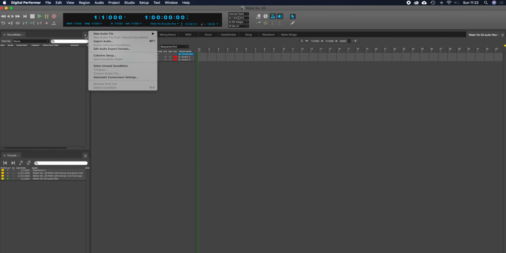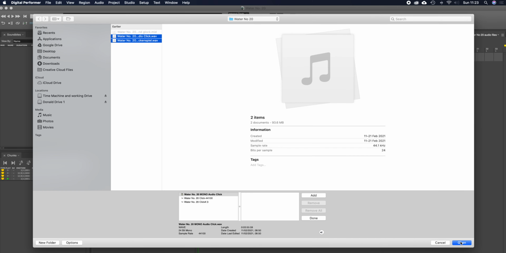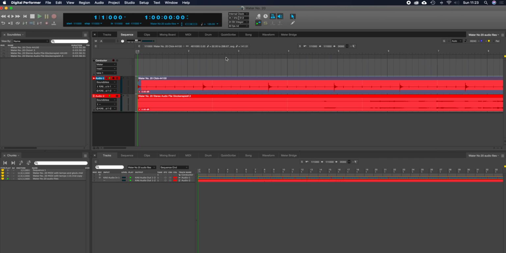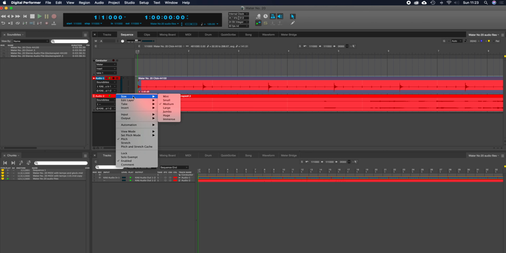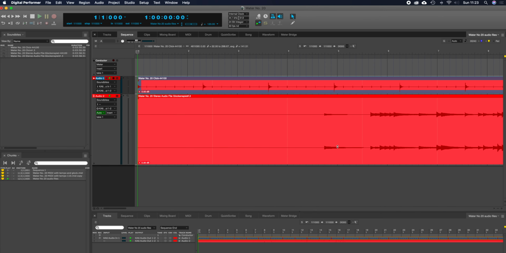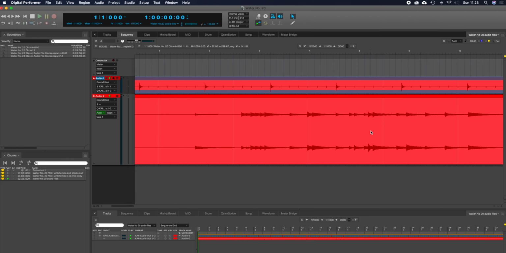Now, first of all, you have to import the audio. So again, might be slightly different. They come up here, they're called sound bites in Digital Performer. Either of these will do. You just drag that in, and this is the glockenspiel, drag that in. And if I double click on these, you can see them in the sequence part of the program. So let's make this one certainly a little bit bigger and drag that down. So we can see here the click very clearly, and this is the waveform of the glockenspiel